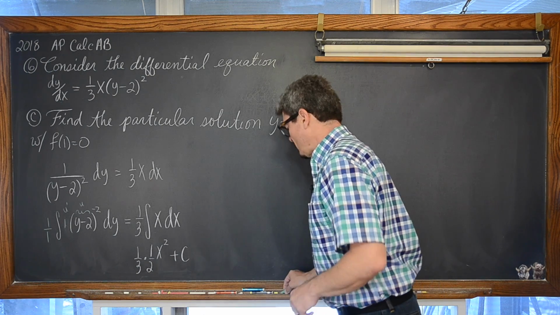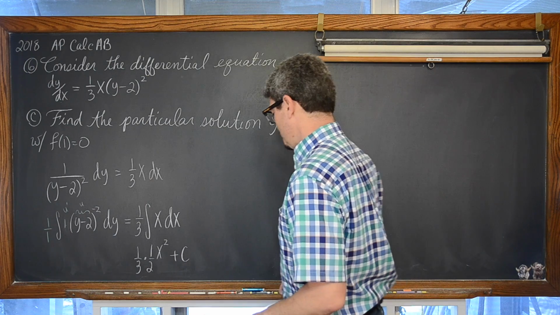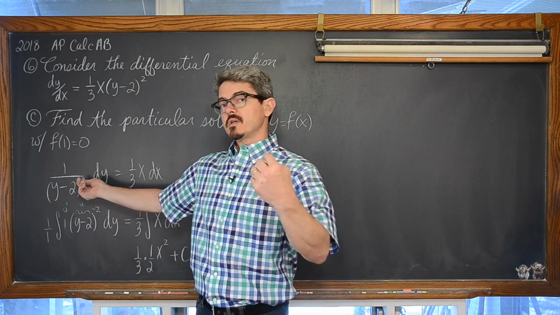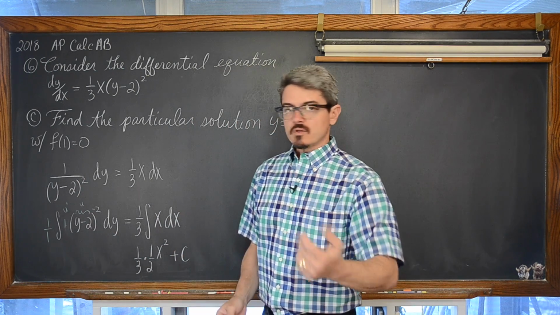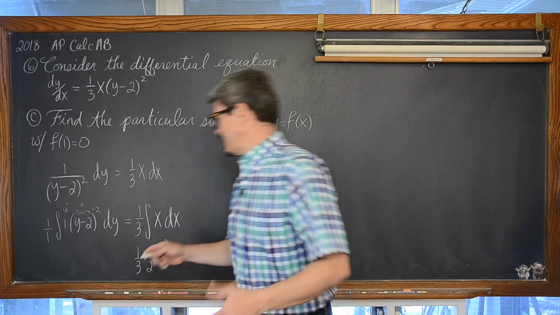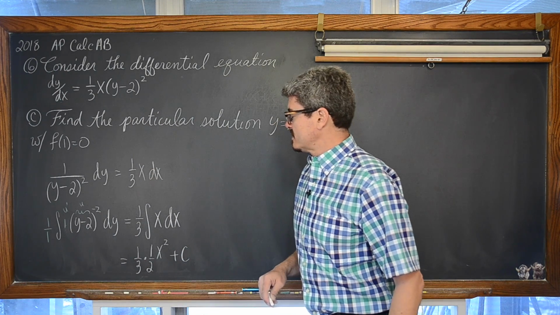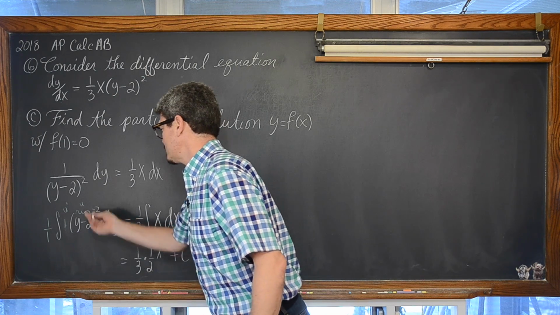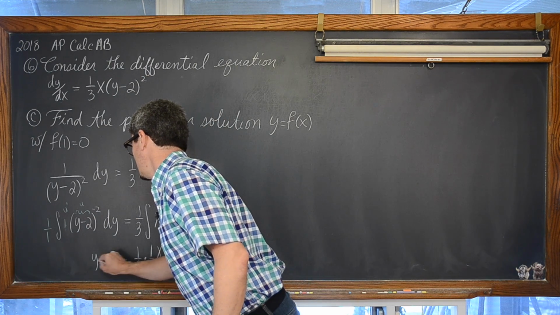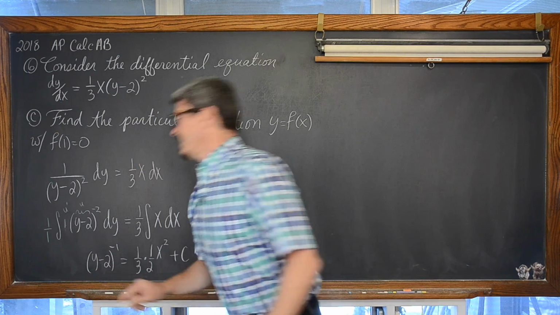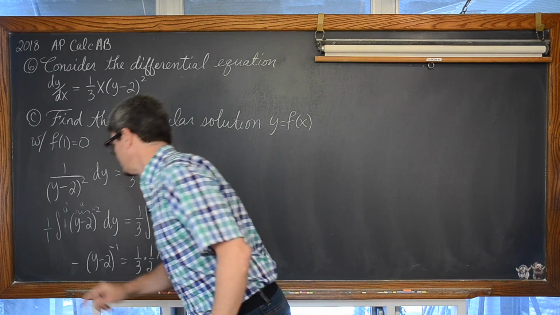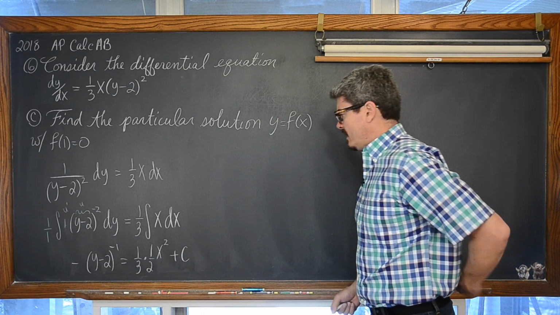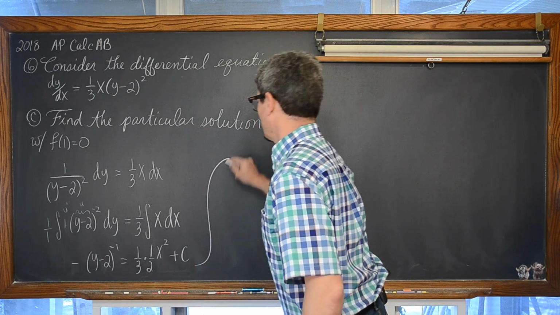So we're going to integrate y minus 2 to the negative 2 power. If this had no power on it, or if it was a power of negative 1, then the result of our integration would look like a natural log function. Some of my students that maybe struggle a little bit might make that common mistake. But we're going to raise this power by 1 and then divide by that increased power. And at this point, we're going to remember that